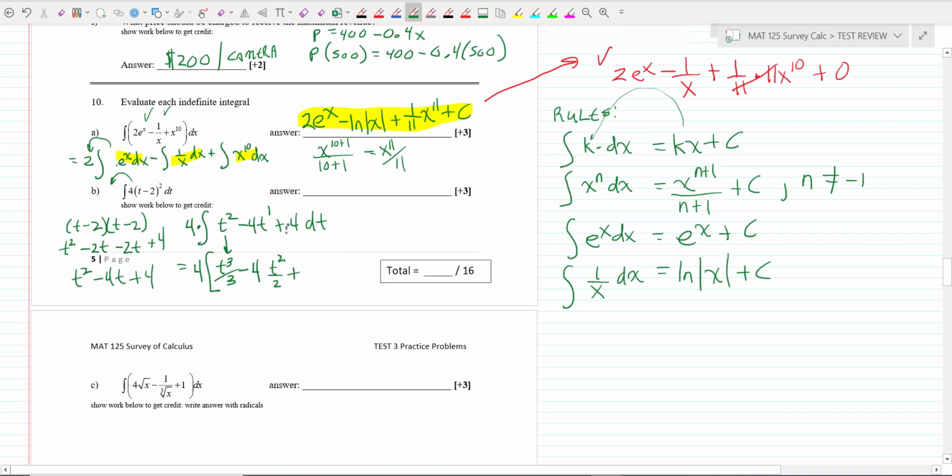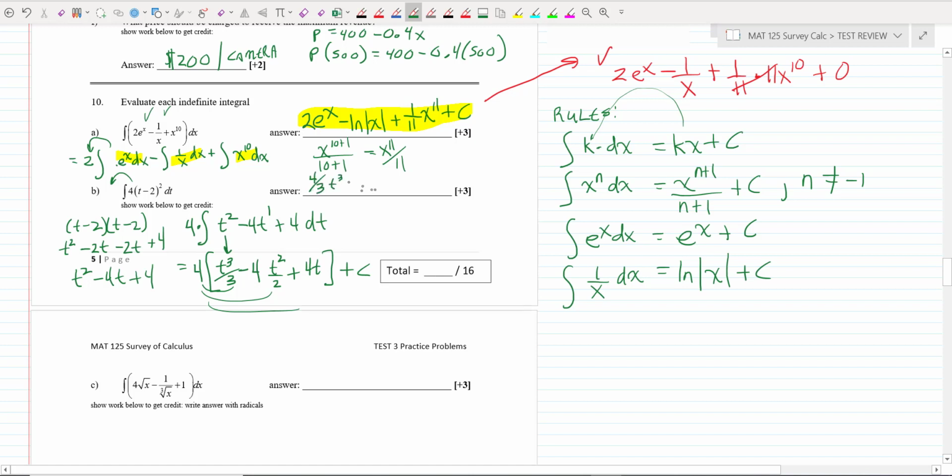The antiderivative of a constant, in this case, would just be 4t, like that. Okay? So that's what you would have for your antiderivative, and of course it's an indefinite integral, so you won't have the plus c like that. So what I'm going to do is just distribute through like this and write my final answer as 4/3 t